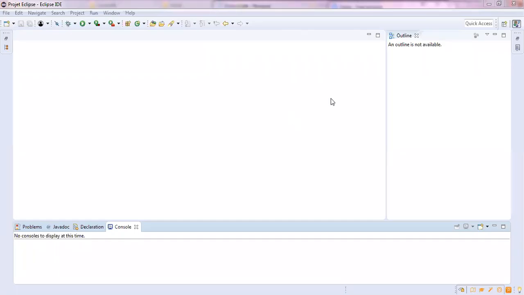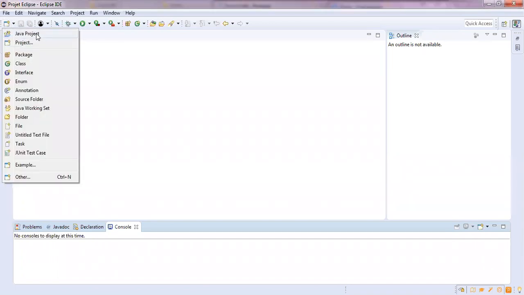All right, guys. So today we are going to create our very first Java project, and I'm going to show you how to do that in Eclipse. So let's go. To create a Java project in Eclipse, we're going to start by creating our project here. So you come here and click, and you select Java project,